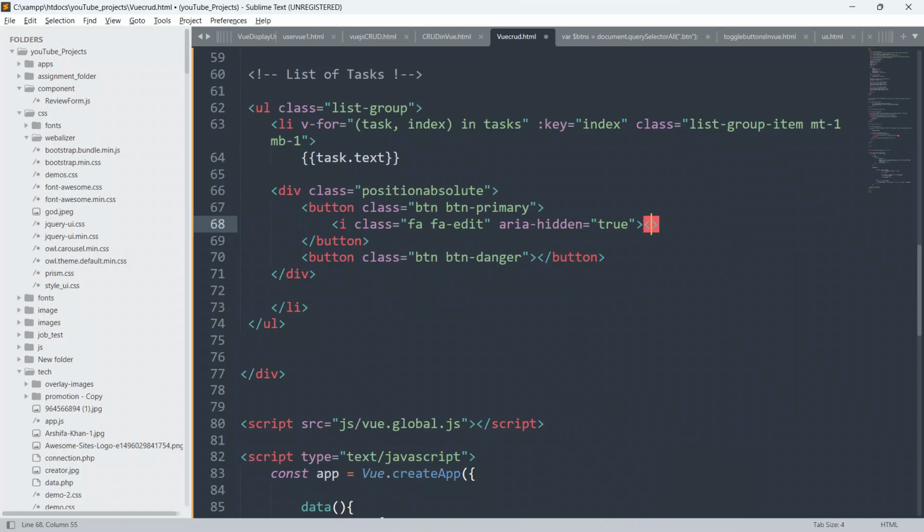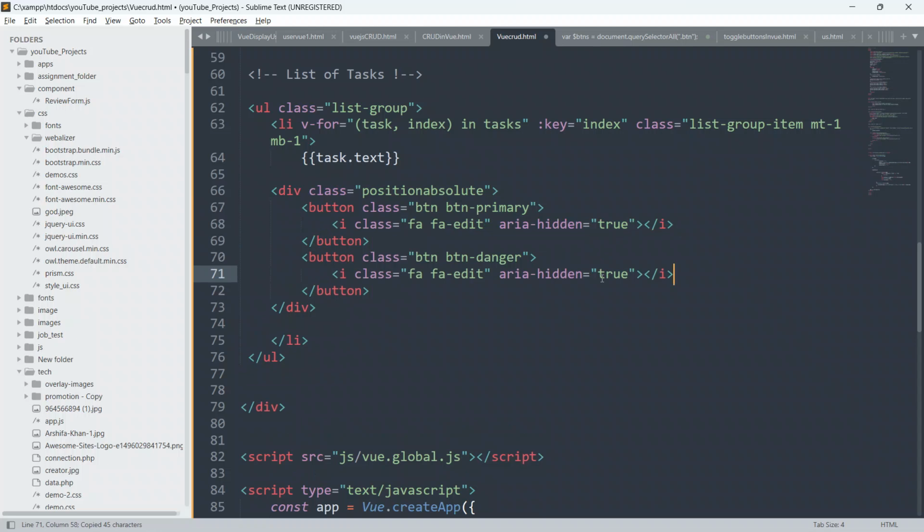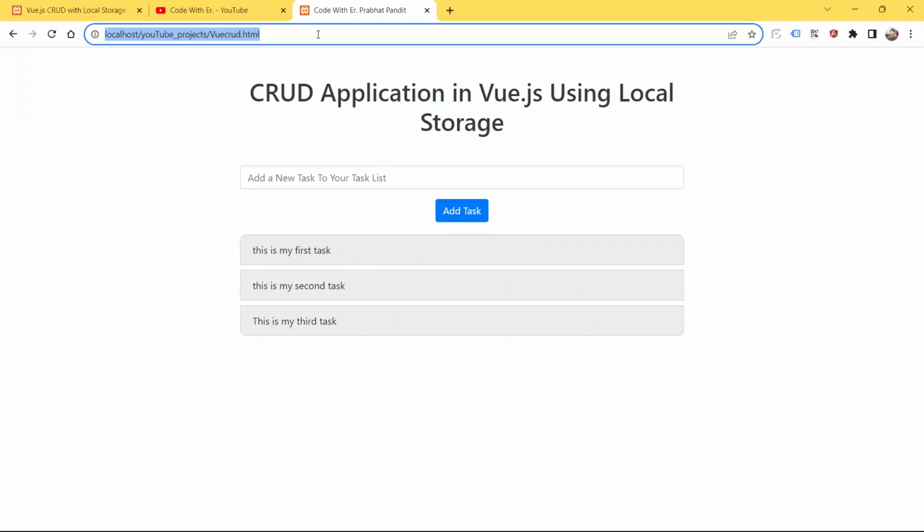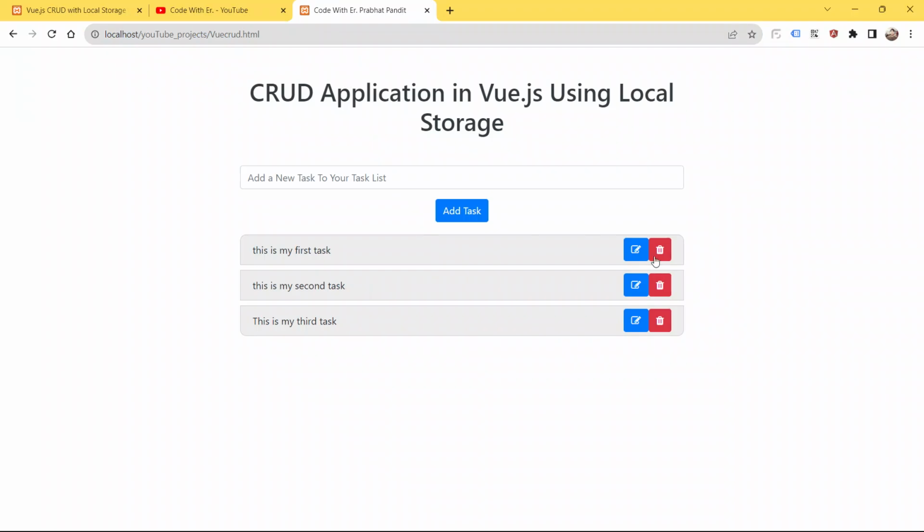And I will close this i first, and just copy this class from here and paste it here also, and I will say fa fa-trash. Now just save your code, go to the browser and refresh the page. Yeah, see guys, we can see here.